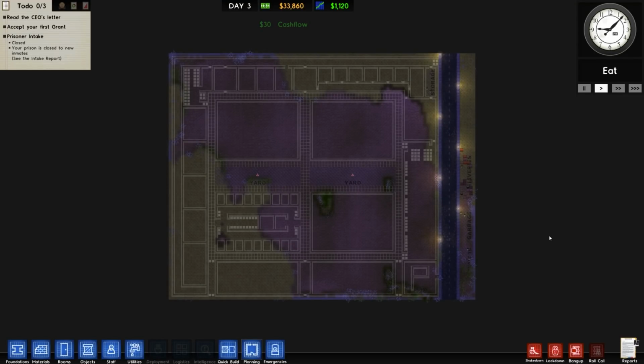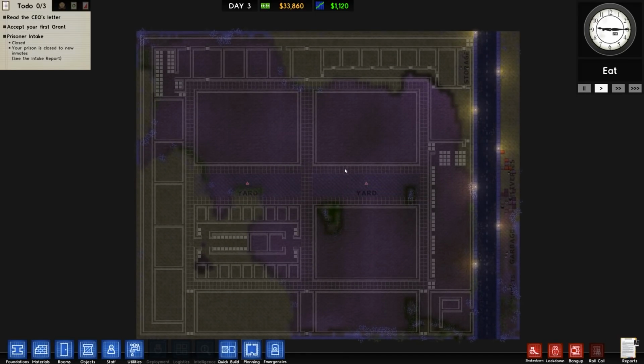Today's beverage is a very nice cranberry and lime juice, very refreshing indeed. So welcome back to the latest version of the game, circa